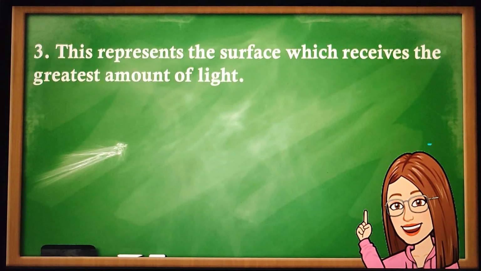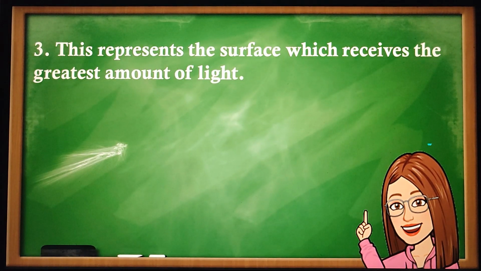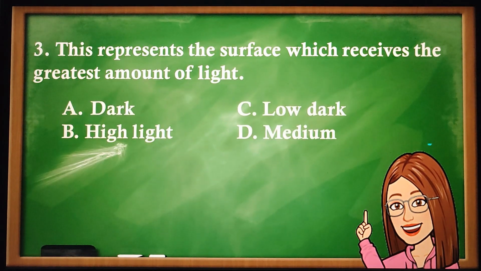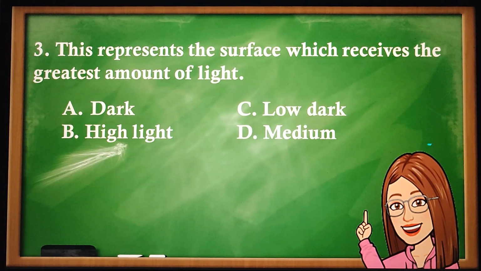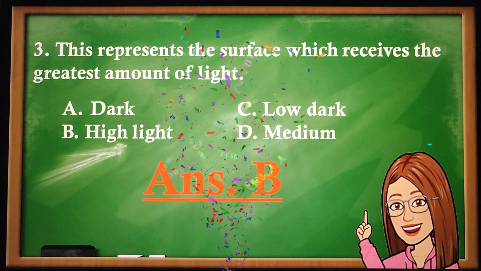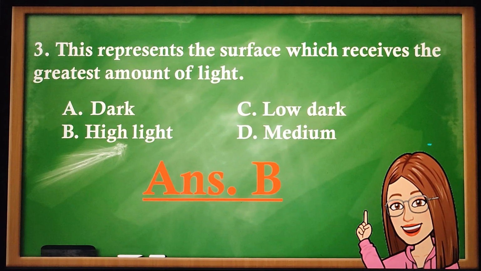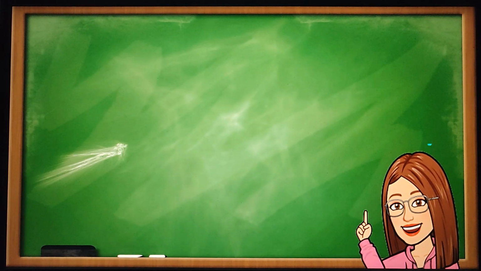Number 3. It represents the surface which receives the greatest amount of light. A. Dark. B. Highlight. C. Low dark. D. Medium. If your answer is B, you are absolutely correct. And now,